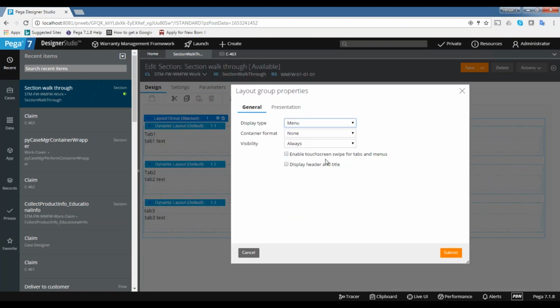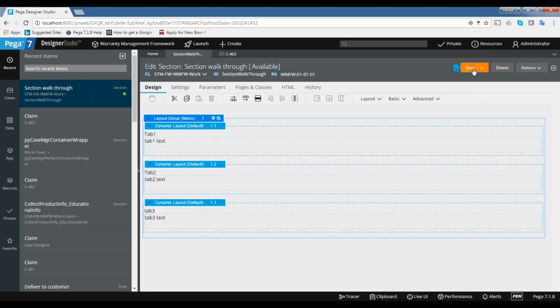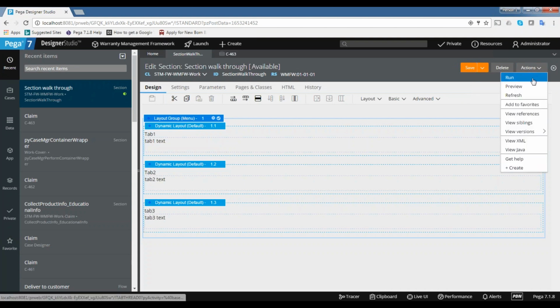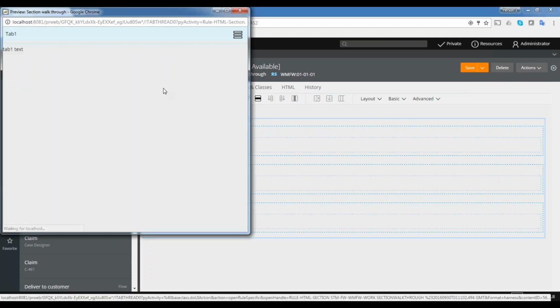And then the menu format: you can see menu, tab 2, tab 3, but this menu is flexible for mobile devices.